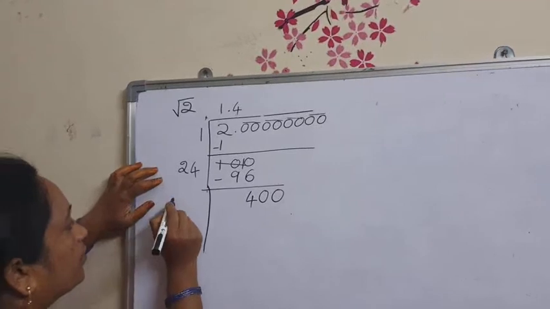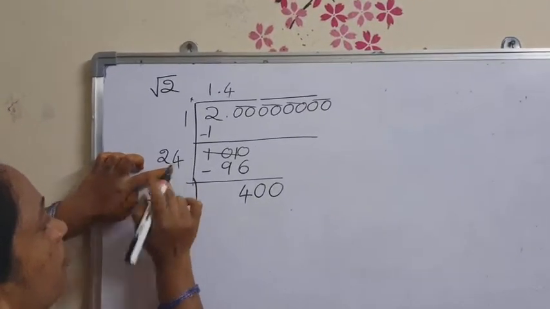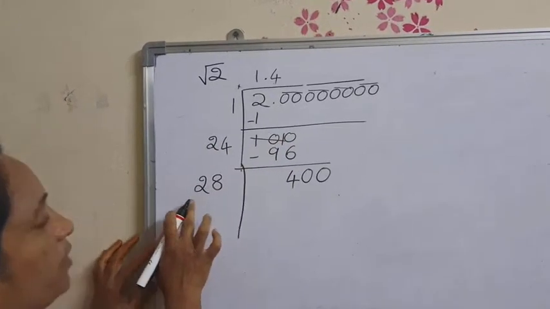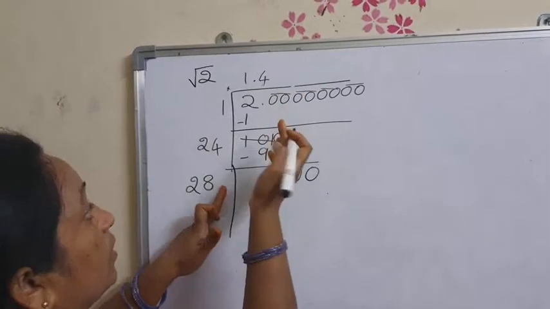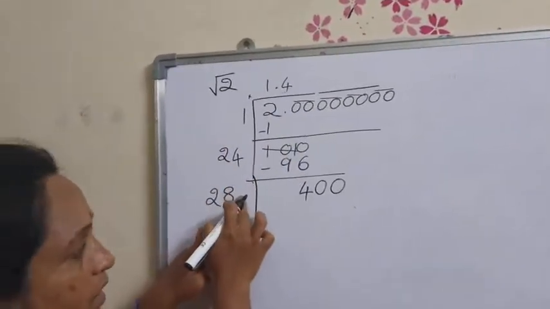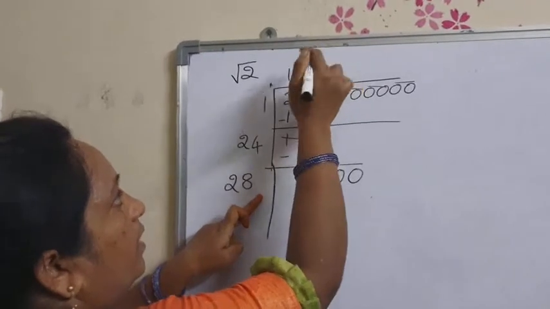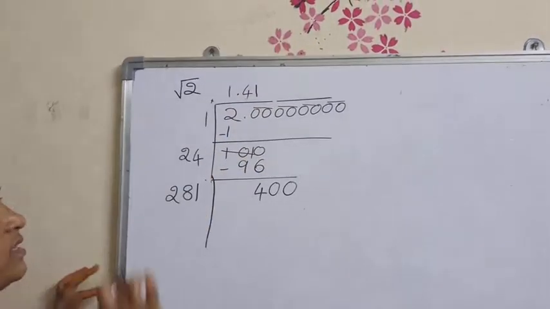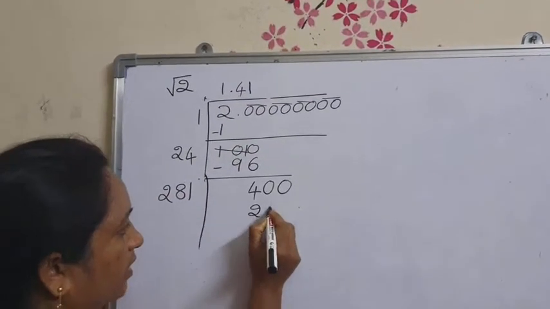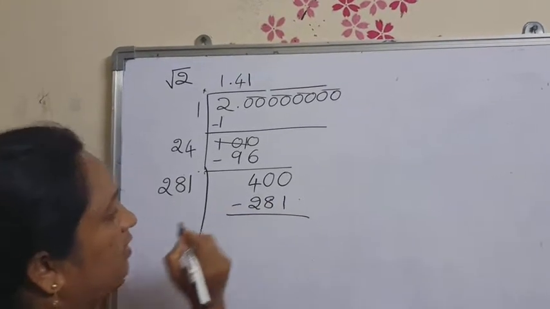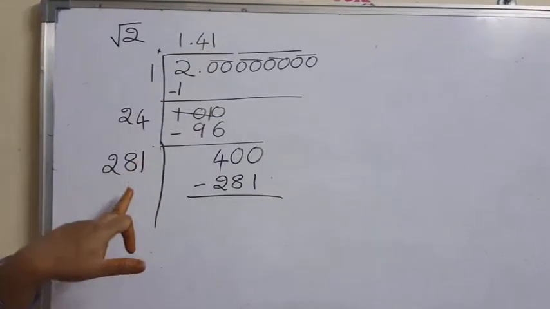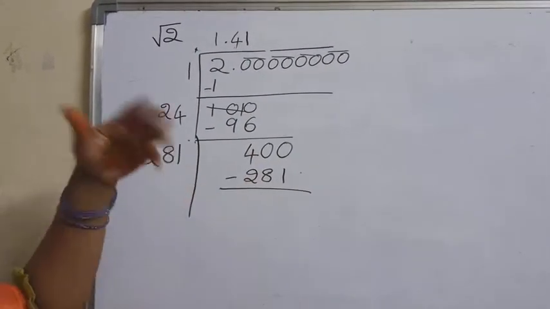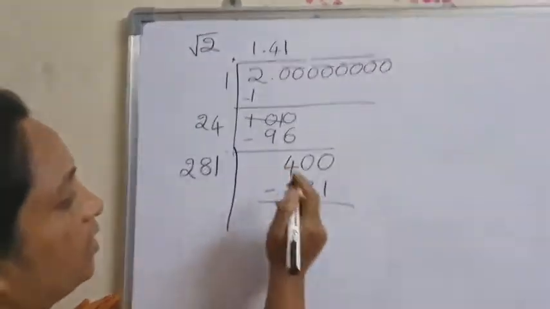Now here 2 you write as it is, and the next new number you have to double, that is 8. Now for 28, you have to write one more integer here, and the same integer here. If you take 1, multiply this complete 281 by this 1. You will get 281 into 1 is 281. Now if you take 2 here, it becomes more: 2 2s are 4 and 2 8s are 16, but it becomes more than 400. That's why we choose 1. Now do subtraction.